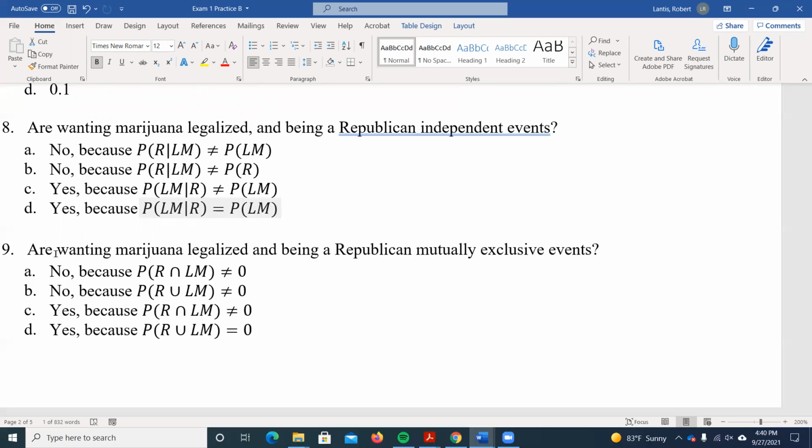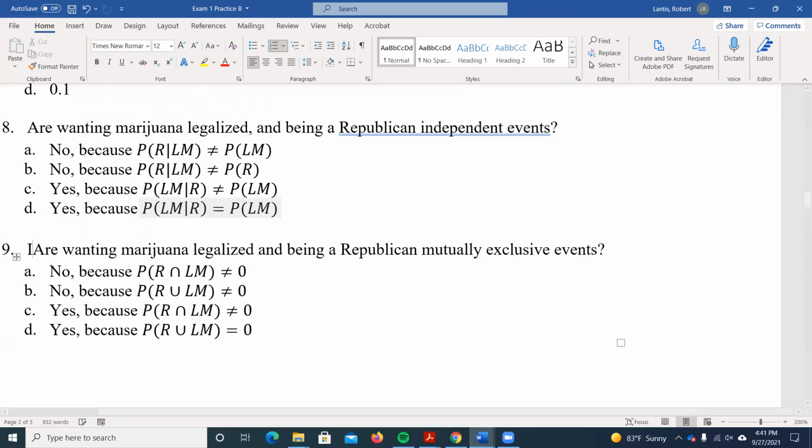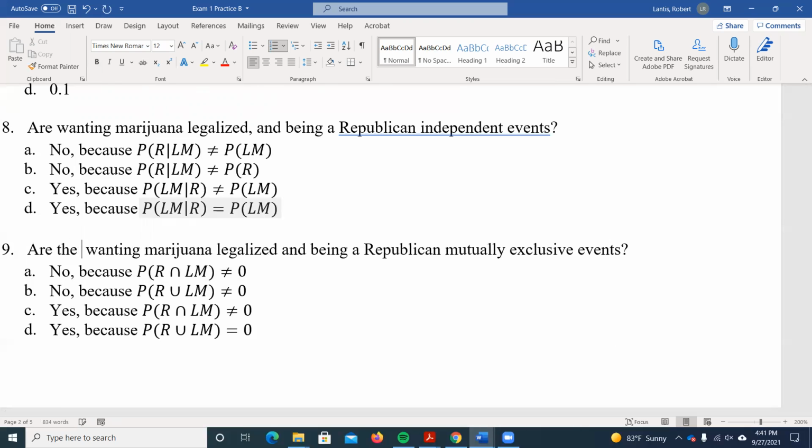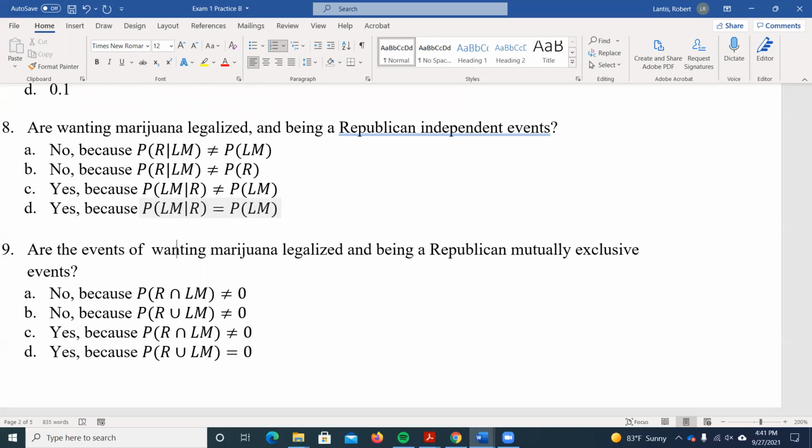So this word "and" isn't referring to an intersection, right? It's just like the way we're using it in English. Maybe an easy way to think about this is, hold on. Are the events of wanting marijuana legalized? I can't even say that without saying the word "and." Do you understand what I'm saying though? It's just referencing these two events. So just the way we speak in English,